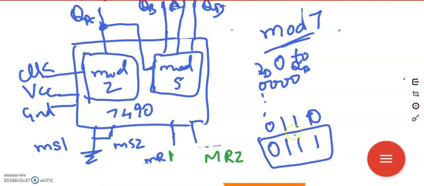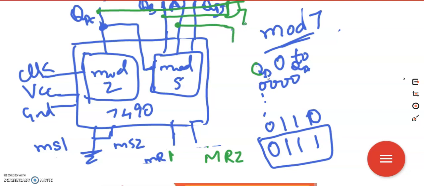Now there are 3 bits that are high. Once all three are high, only then it has to reset. So we extract these three outputs and give them to an AND gate. When the output of the AND gate is high, only then do we provide it to the reset pins. We have only two-input AND gates, right? So when QA, QB, and QC are all high, you can extract QA and QB and give them to an AND gate. The output of this AND gate you give along with QC, or else I just connect it like this.